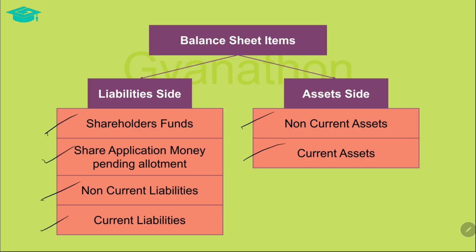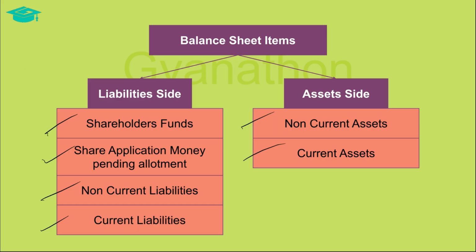Even if the amount for any of these heads is zero, still these heads have to be shown and the amount should be written as zero, which means that you cannot skip writing these heads in the balance sheet. These heads must be reflected in the balance sheet. Like in a cricket scoreboard, even if a batsman has scored 0, they don't remove his name from the score sheet. They show his name at whatever position he went into bat and show his score as 0. The same way, all these major heads have to be shown, irrespective of whether they have any amount within them or not.